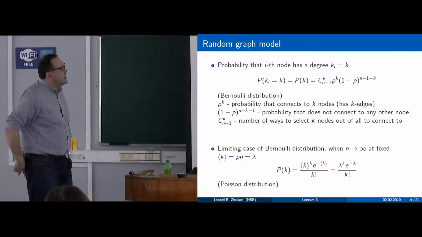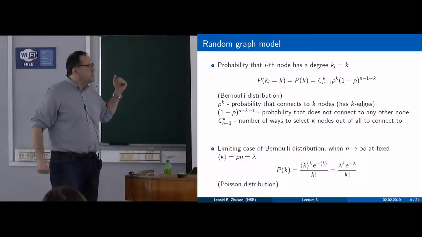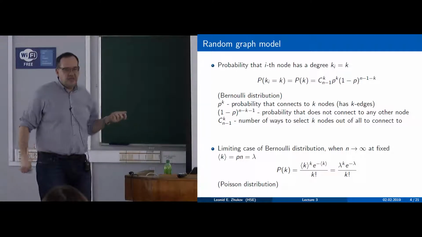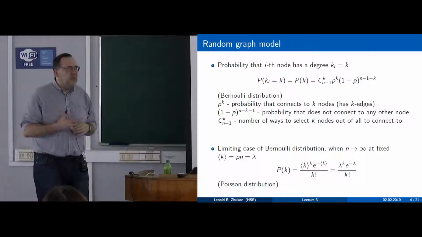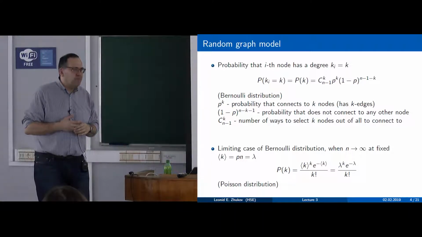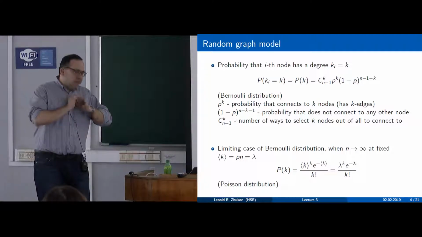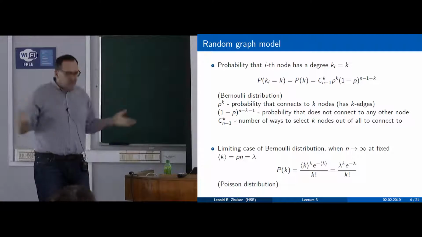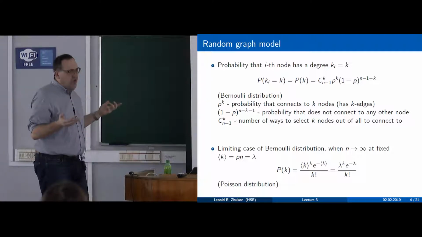Now, what's interesting is that we can take this distribution and go to some limit when n goes to infinity. Why do we want to take n to infinity? Well, because if we want to do some sort of theory, we would like to make it quite universal. You would like to think about a big graph. So n goes to infinity, the graph is growing, so you kind of avoid boundary effects. Everything is nice. The only problem is if you just make n grow,